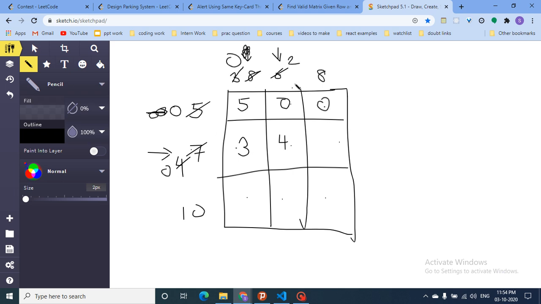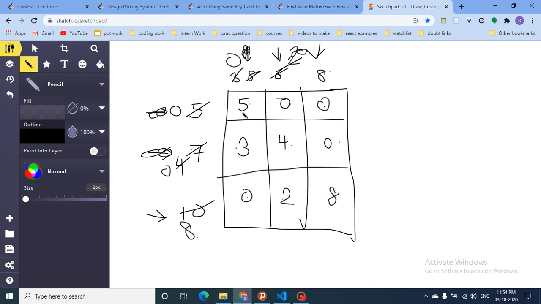Now if I subtract 4 from these values, because this turns out to be 0, I will move this pointer to this value. So the minimum of this 10 and 2 is 2. So I will fill 2 here at this position, subtract 0 and 2 from these positions, so it turns out to be 8. Move this pointer to this position, last 8, and at the end, because this is valid, both of them turn out to be 8. So I will fill 8 here, and the positions which are left should be 0.